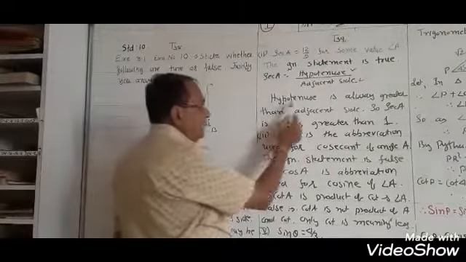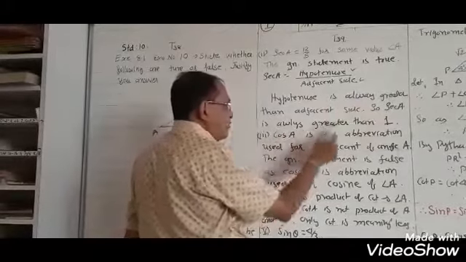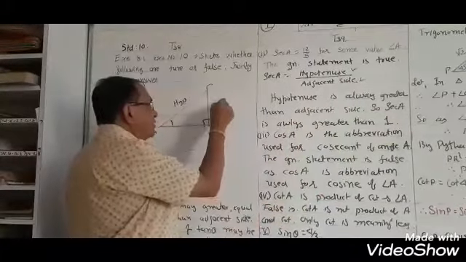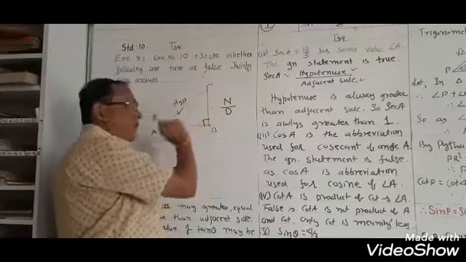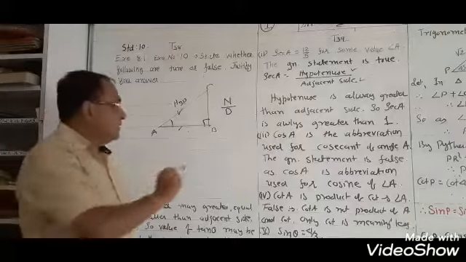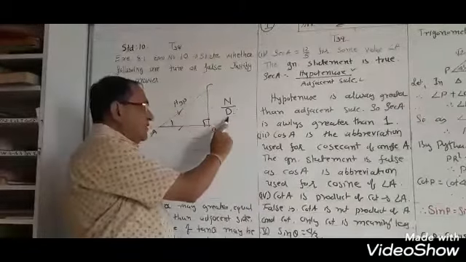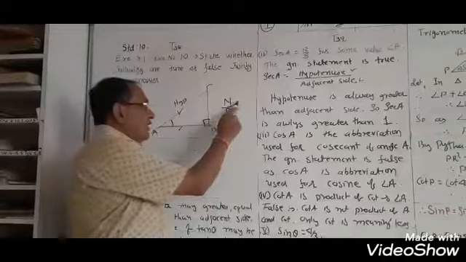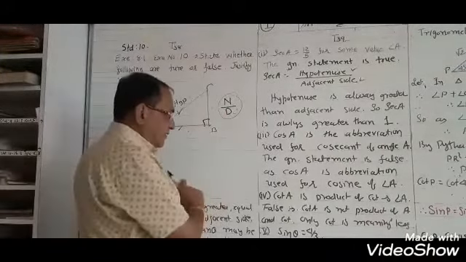Clear? Hypotenuse is always greater than adjacent side. So sec A is always greater than 1 because the numerator is greater than the denominator. Numerator means hypotenuse. What is the denominator? The adjacent side. In this case, the denominator is smaller, so that value is greater than 1. That is correct. Third question.